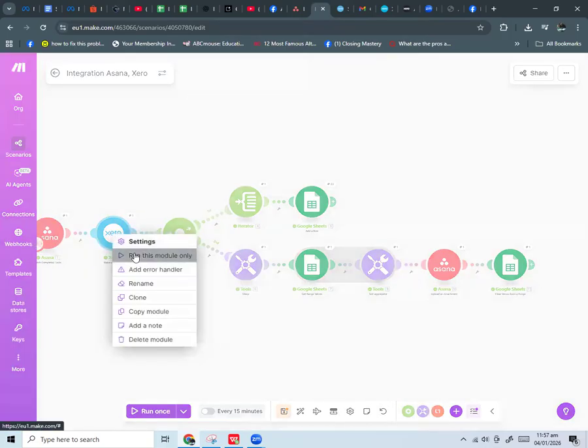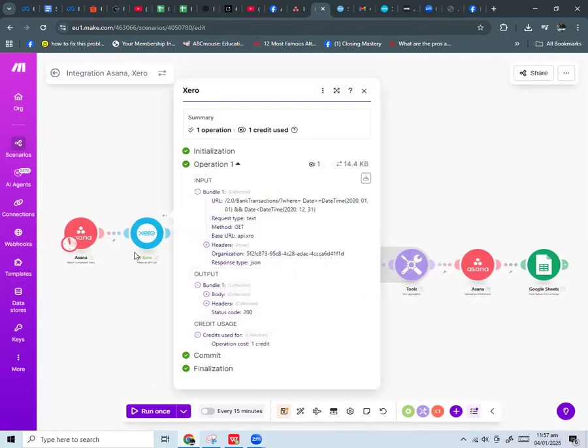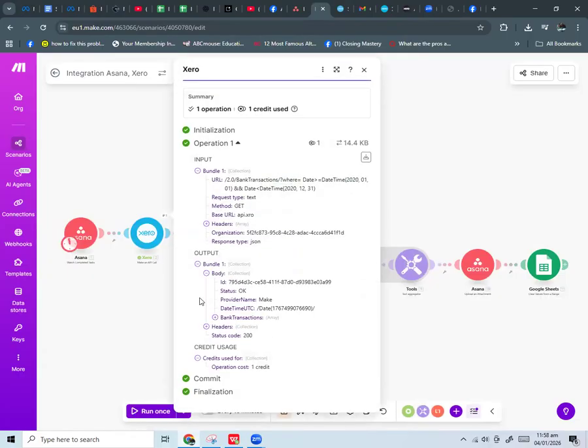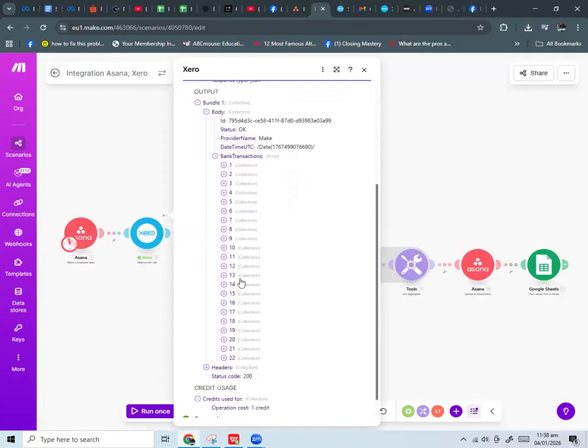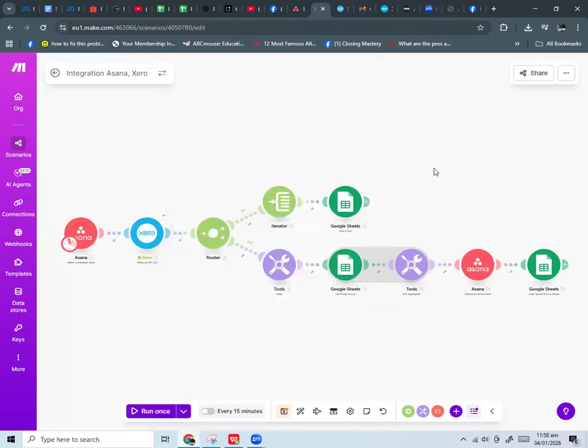If we run this module, as you can see here, it will get the data from your Xero application software. In this case, there are 22 bank transactions here. After that, there will be a router here, and we will have an iterator here, wherein we will take those data and write them in our Google Sheets.